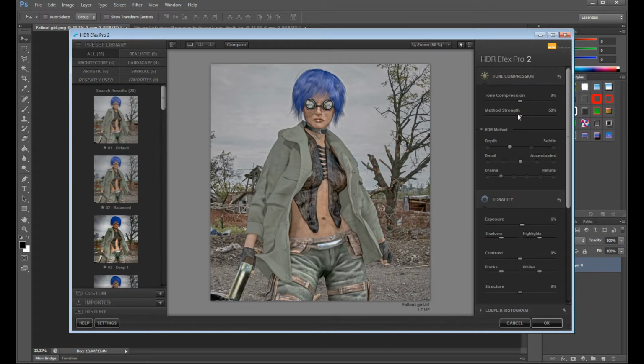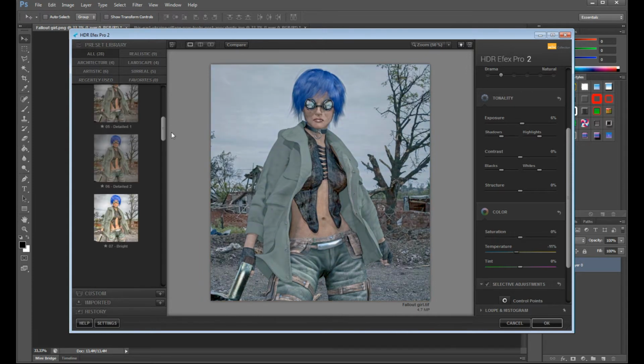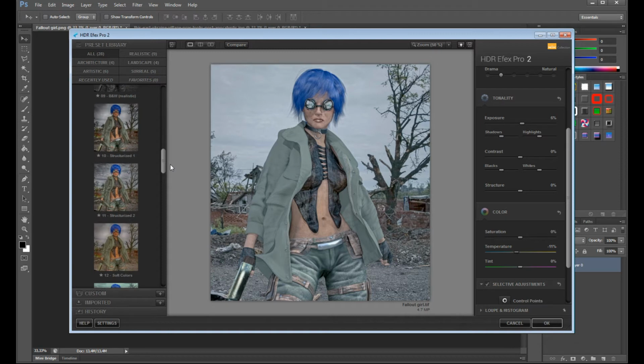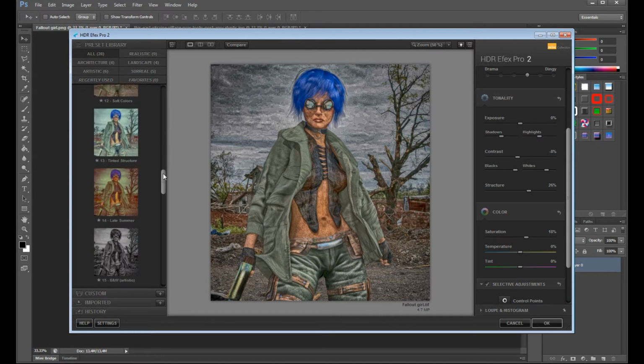Put the method up, down, the compression, and you can make the image look good or awful. It depends on how you use it. You can add those effects, but let's for example go for the presets we have here, and this one for example is like, damn, it's like painted. And which one do I like most? For example,